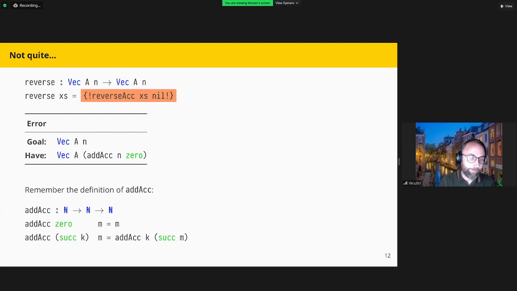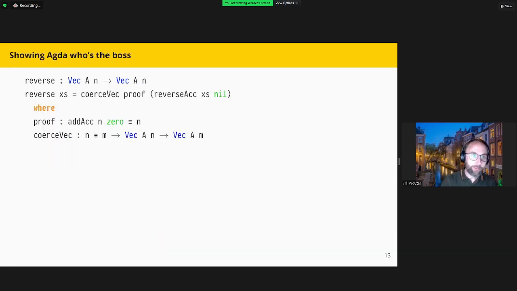So what can I do? Well, one thing I can do is show Agda who's the boss, and I can give a proof, right? And give an inductive argument showing that 0 is really the right unit of my accumulating addition. And I can use that proof to write a coerced vec